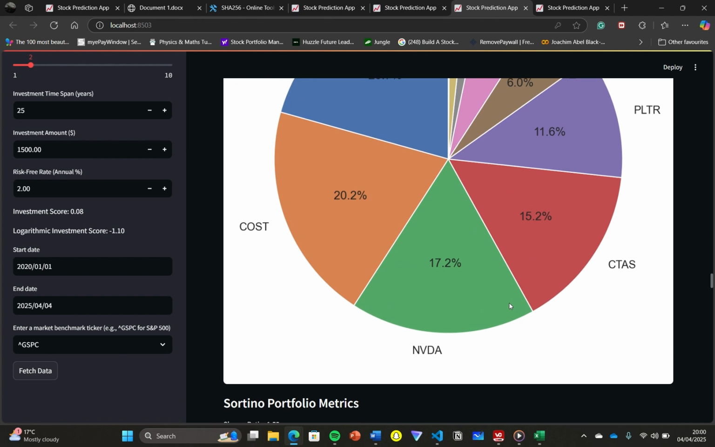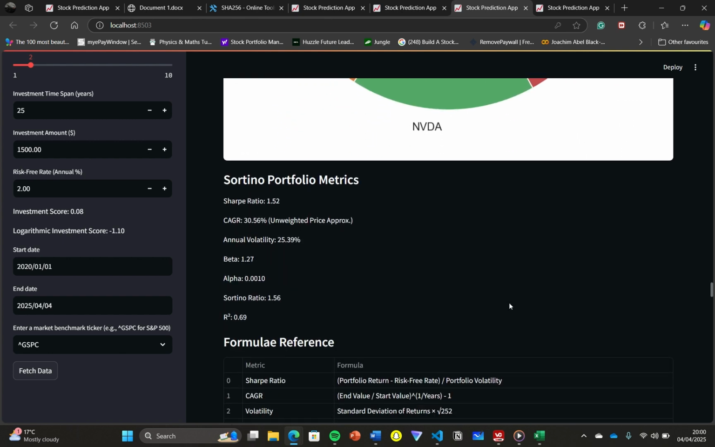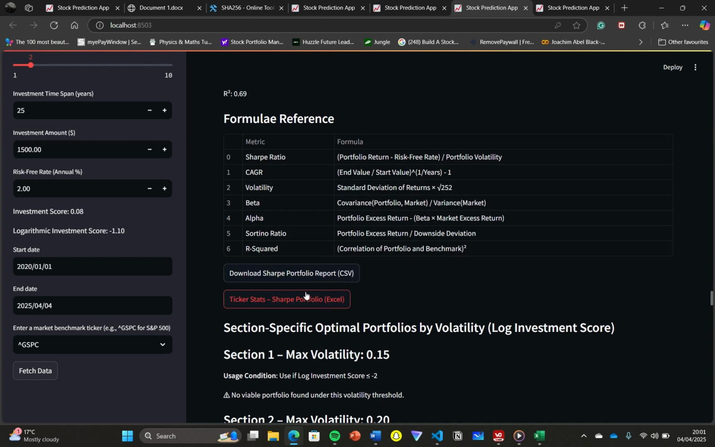focusing on the Sortino portfolio. As we can see here, we have slightly different values. However, our alpha is the same. Our beta has gone up considerably, and so was our annual volatility, as these two normally tend to be linked. We then have our formulae reference, so how each of these metrics were calculated in the mathematical sense, our buttons,